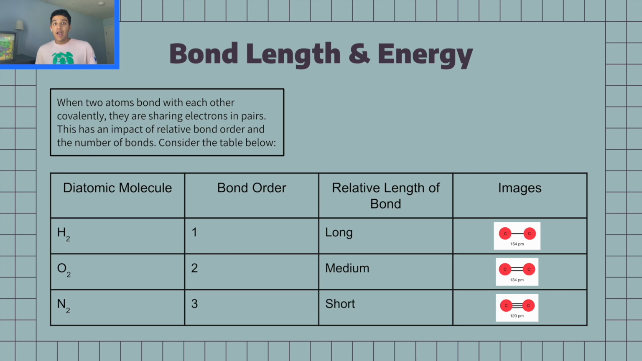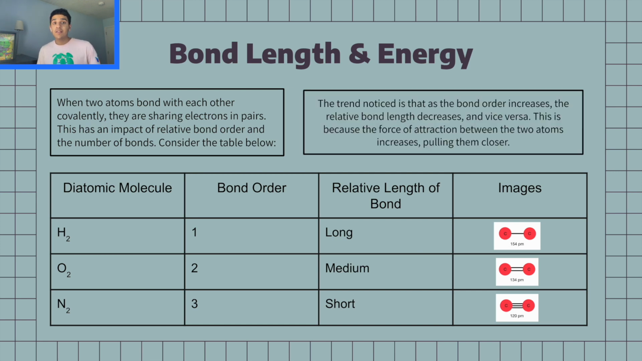And if you take some time to review the relative length of the bond and the images, there's a common trend that comes up, right? And the trend is that as you increase the bond order or the number of bonds within a molecule, that decreases the internuclear distance between the 2 atoms. And this is because as you increase the number of bonds, you are increasing the force of attraction between the 2 atoms in question. And another thing is that as you increase the number of bonds, you're also strengthening the